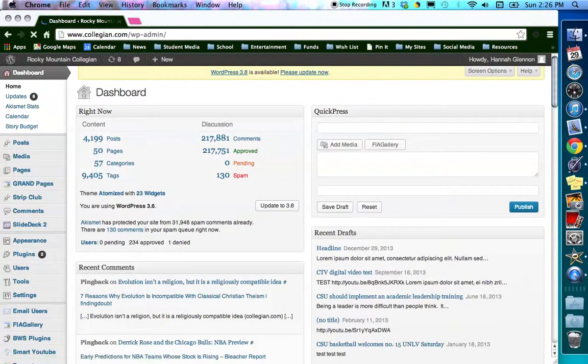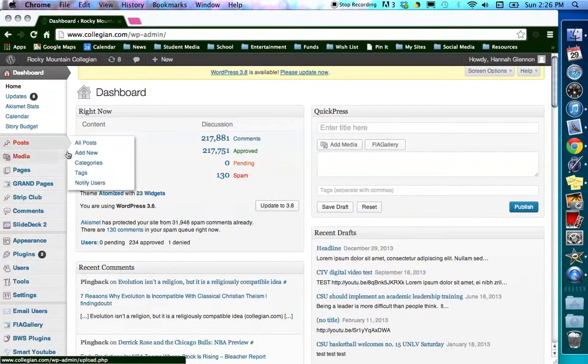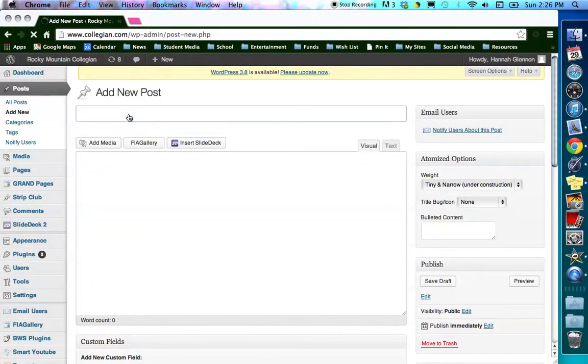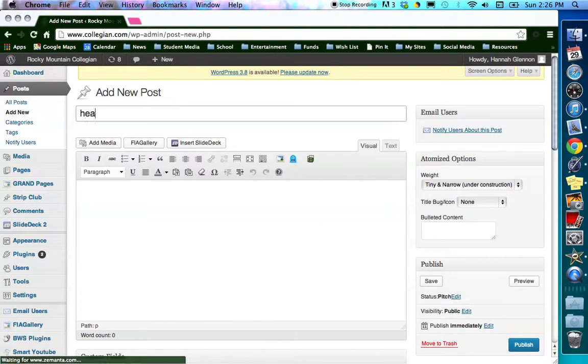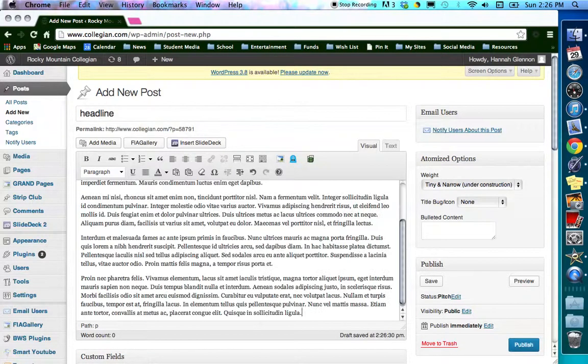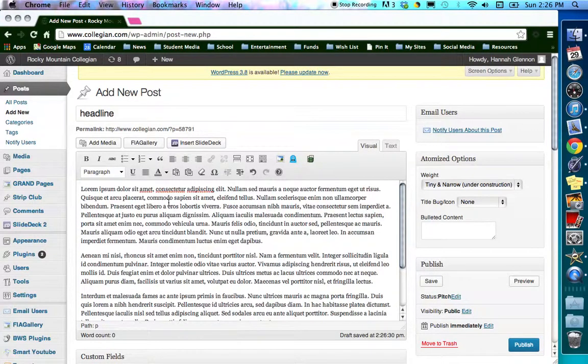So when you log in, you'll come up to the dashboard. To add a new article, you're going to want to go to the left-hand side and go to Posts, and then Add New. And you'll come into the Add New Post section. Here we have room for the headline or title. Down here is for the body text, and I just placed some lorem ipsum text there so we have some